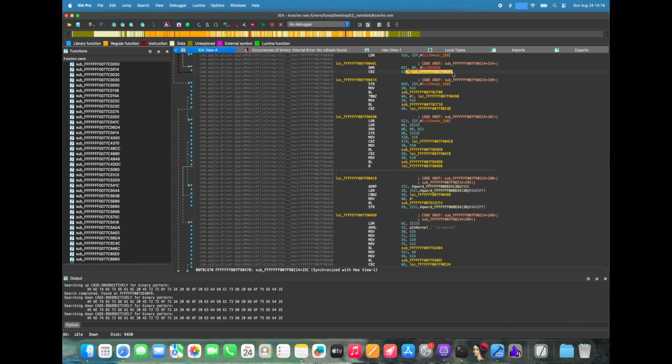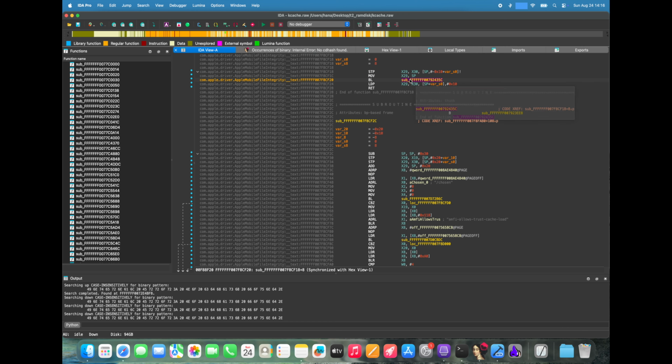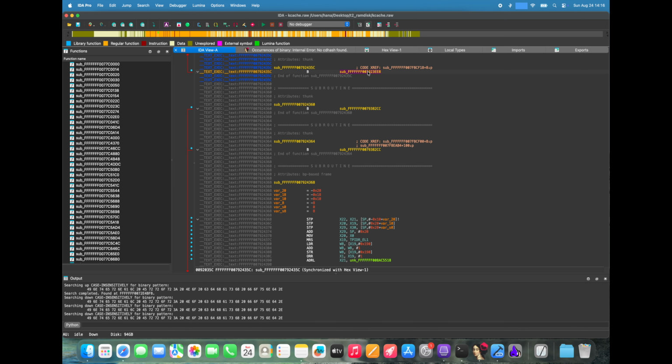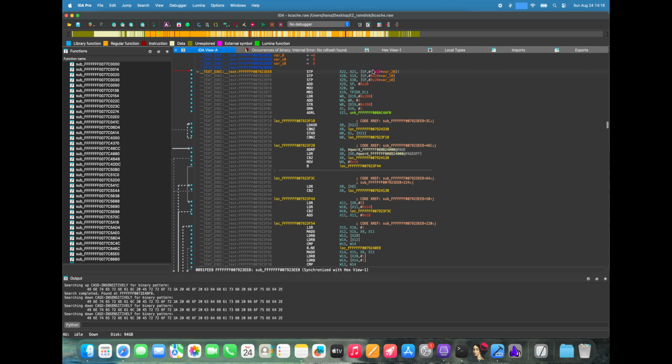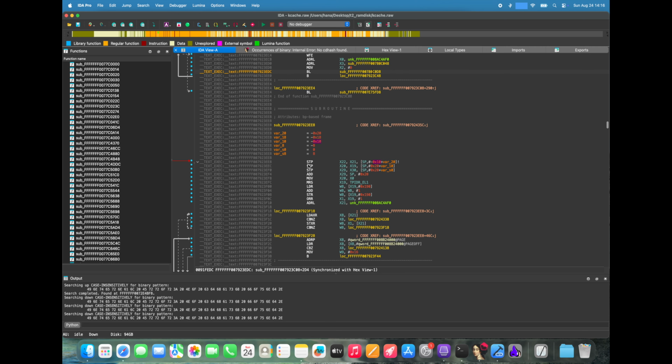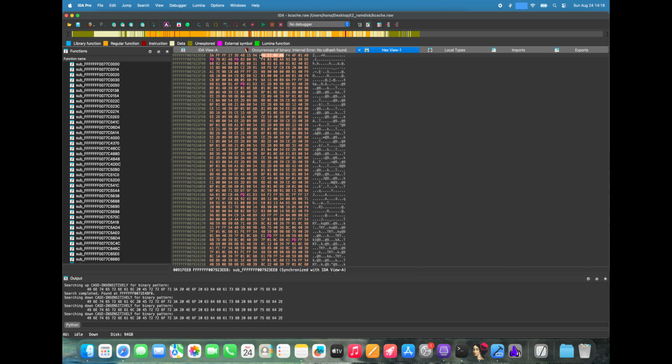Then you will find two move instructions, and you select the BL instruction below the second one and just follow it. This now should be the lookup in static trust cache function, and that's basically the function which we need to patch. So you go to the beginning, and then you can open the hex editor and change